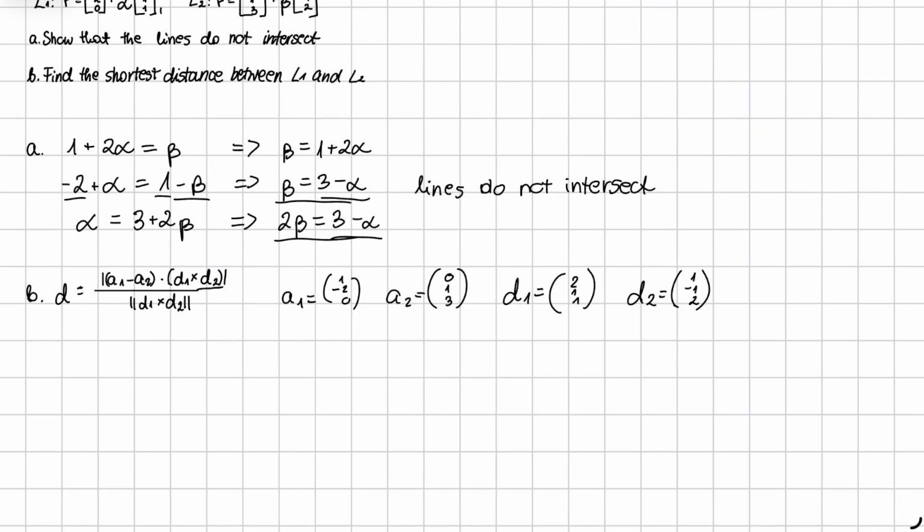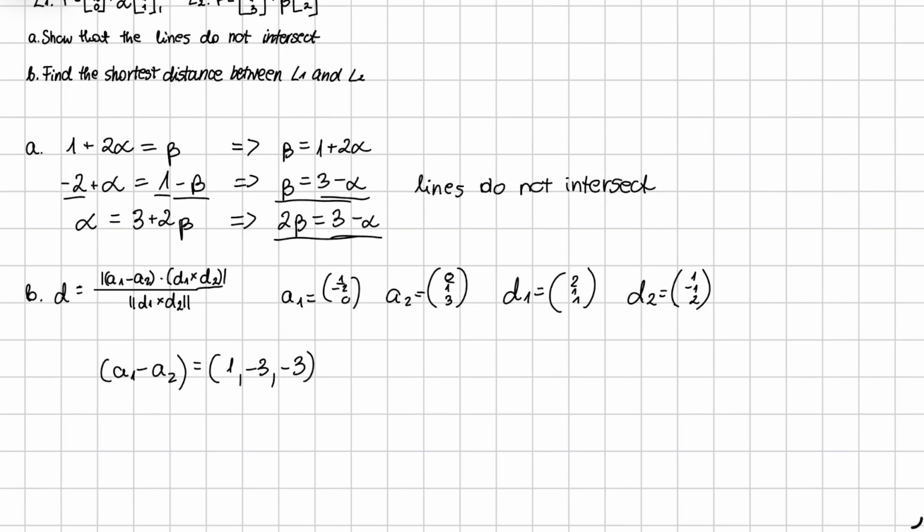Okay, so firstly let's deal with A1 minus A2. Simply we have to subtract from the first coordinate of A1 the first coordinate of A2. So 1 minus 0 is just 1. Then we have minus 2 minus 1, so minus 3. And 0 minus 3, also minus 3. Now we have